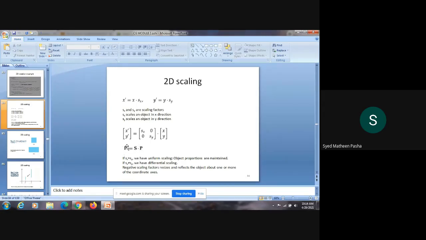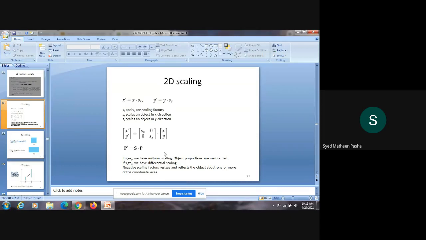output position, or I can say the next position which I want to calculate, is equated to the product of scaling and the initial position. That is nothing but the first position you give to that particular object. Then in 2D scaling, we had a matrix representation of 2 cross 2, which I have defined here.